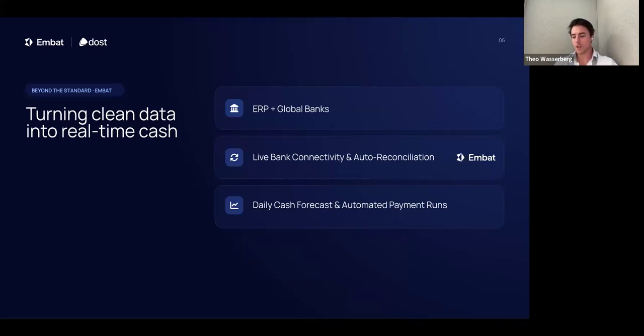And so on the other side of the relationship, between the ERP out into the world of all the financial institutions it interacts with, we start by trying to clear that data up and create a live connection between the ERP and the banks. And that means that data flows in real time, that the cash positions are live. I've spoken to customers on MBAT now that have come from a position where they've got several days of lag time in terms of their cash position.